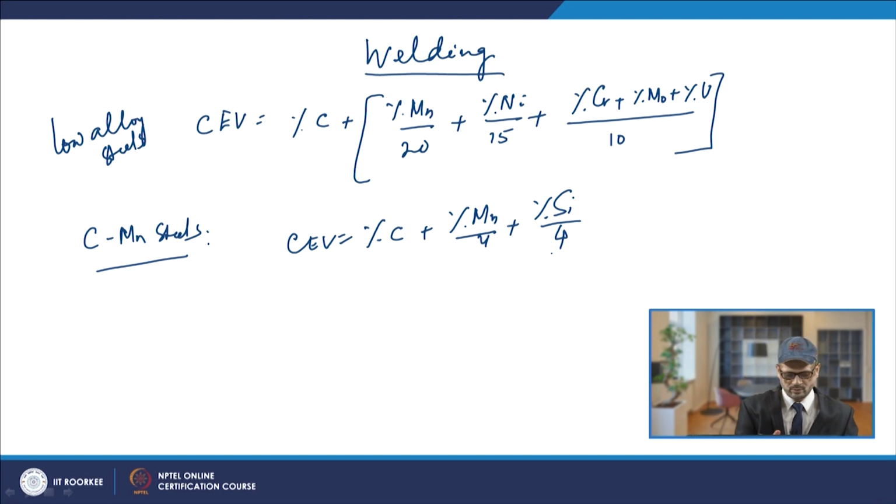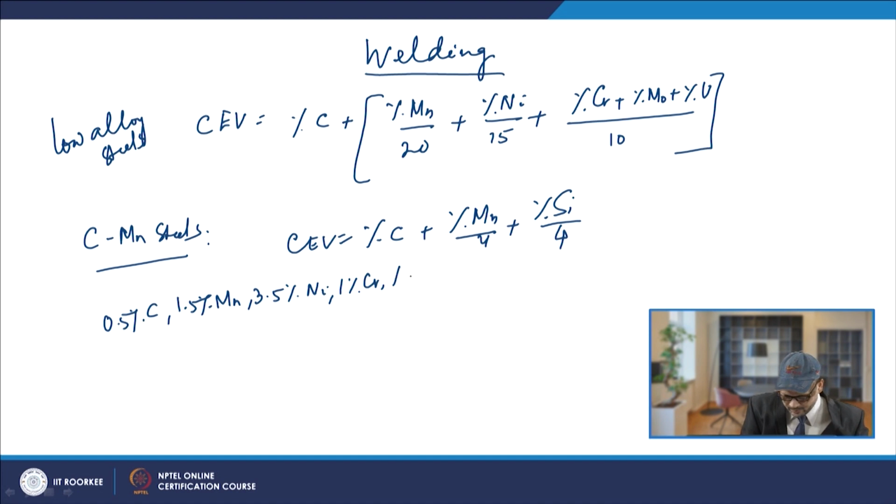Sometimes for certain steel, when the composition is not more than 0.5% carbon, 1.5% manganese, 3.5% nickel, 1% chromium, 1% copper and 0.5% molybdenum,